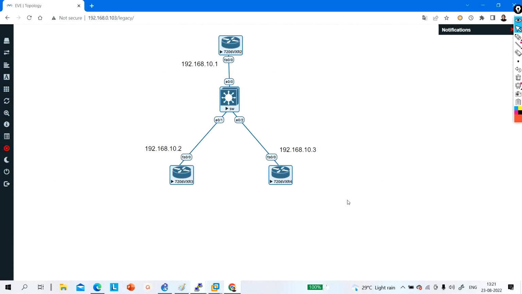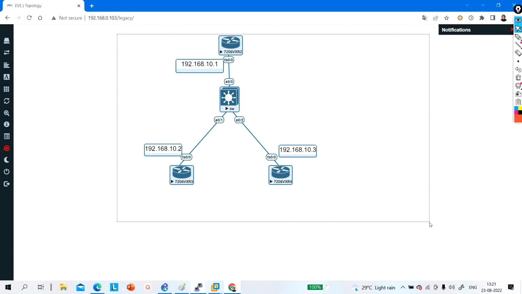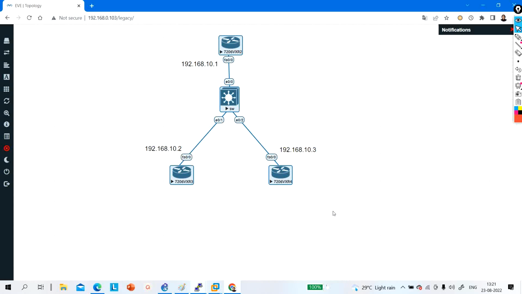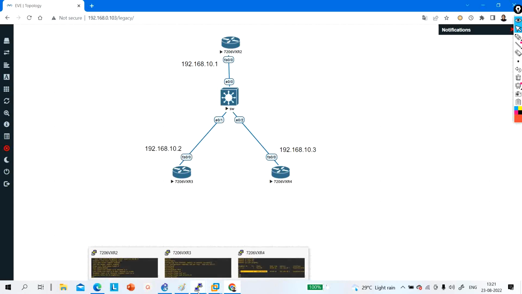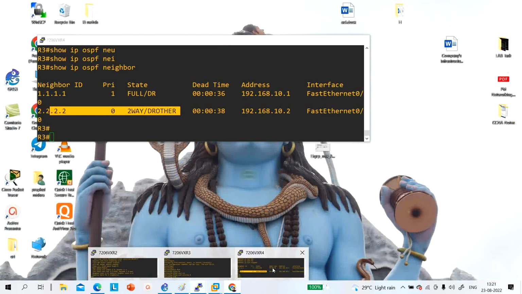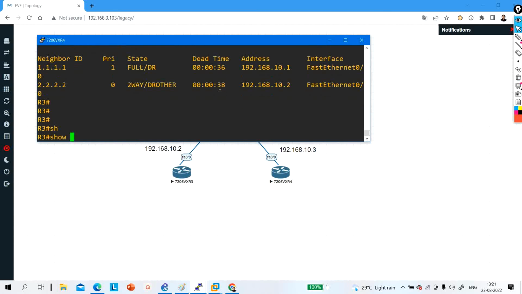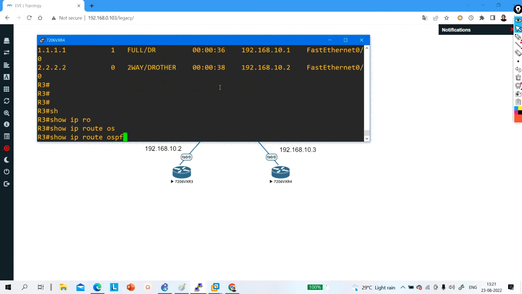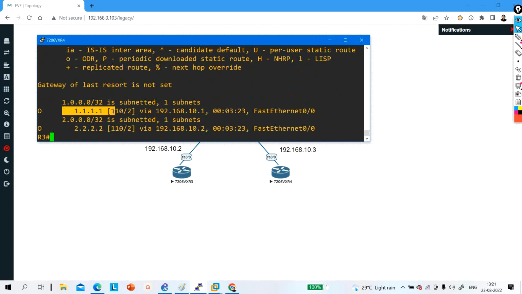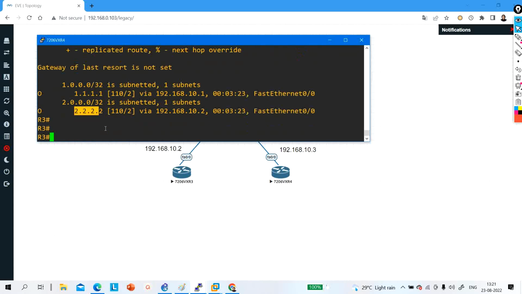So that's why in full mesh topology you can configure a broadcast network or a non-broadcast network. If you configure a broadcast network, then static neighborship is not supportable. In this network, static neighborship is not supportable. You can't configure static neighborship, right? Dynamic neighborship is supportable and DR and BDR election will happen, right? So now you can see every branch can communicate with each other. So IP route OSPF. There is 1.1.1.1 also and 2.2.2.2 also. I can ping as well, ping